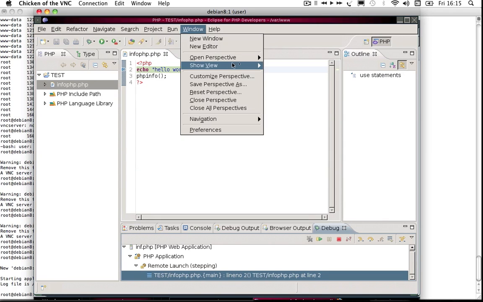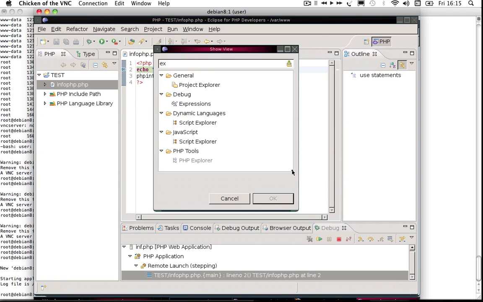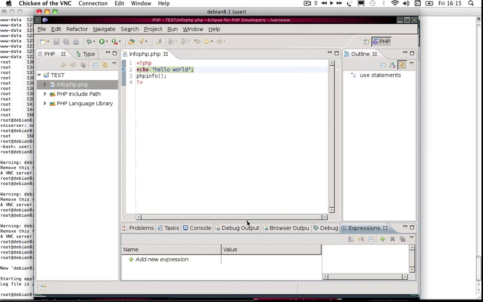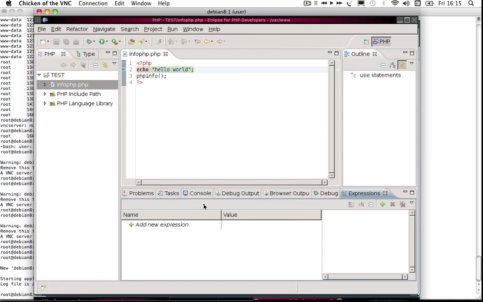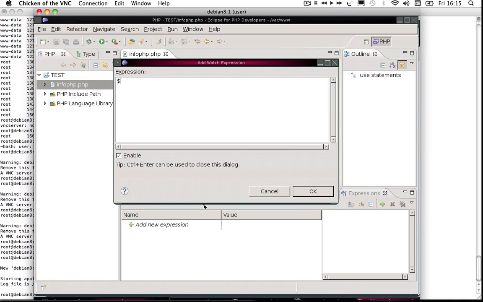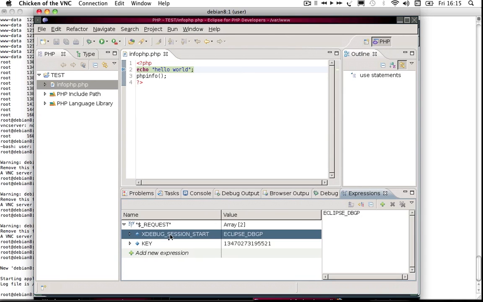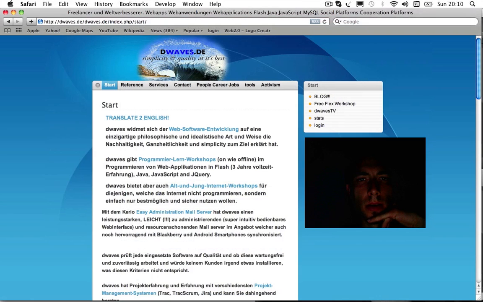For example, in here, expressions, you're gonna see all the... you have to add them, basically. Add watch expression. You can look at all the variables that are available right now. So here you have the request, global,